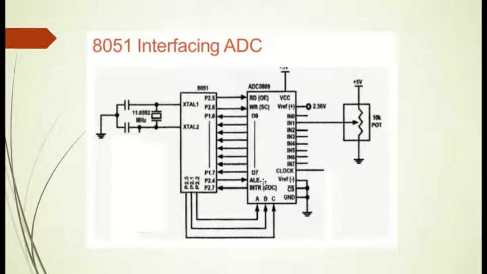Then address latch enable should be made high, so that the input channel will be selected based on the address. Then initially, as I said, it should be high and then should be made low to start the conversion. This is performed through port 2's 6th pin. After the conversion is over, EOC, end of conversion, is made high, which interrupts the microcontroller and says that conversion is over.